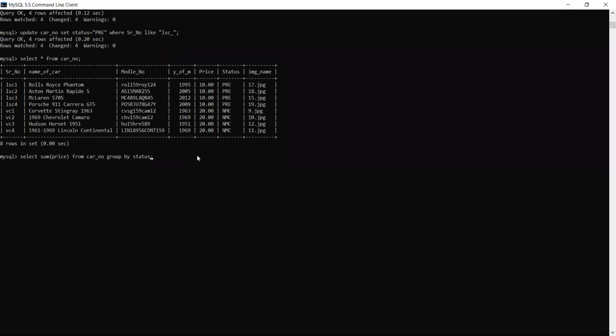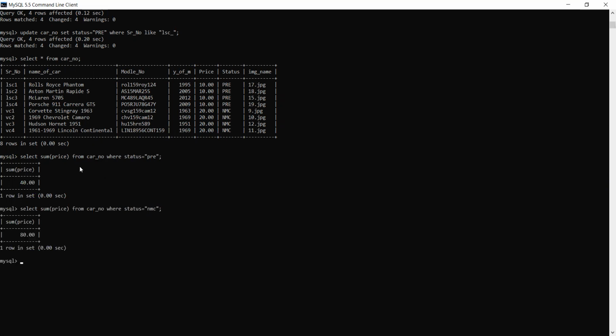Or see, instead of group by, first I'll show you without using group by. Car number, and then where status is free. So I'm writing here where status is equal to free. Okay, you can see over here 40 and where status is NMC. So here it is giving you 80.